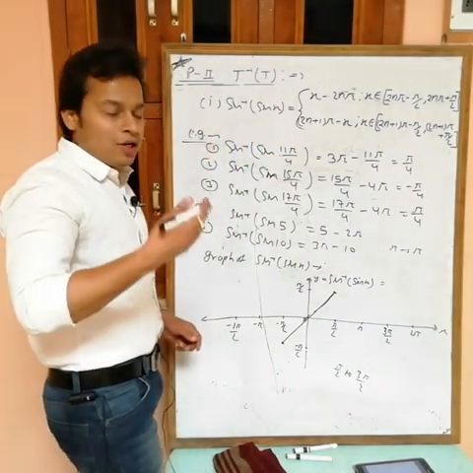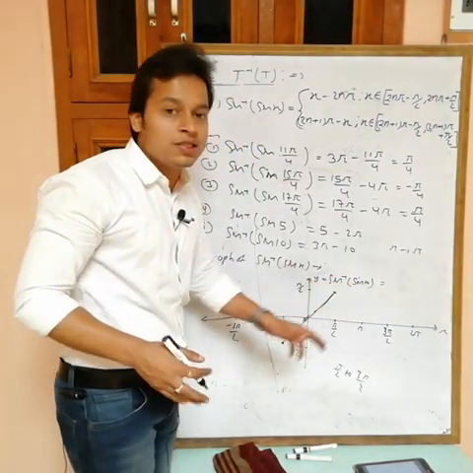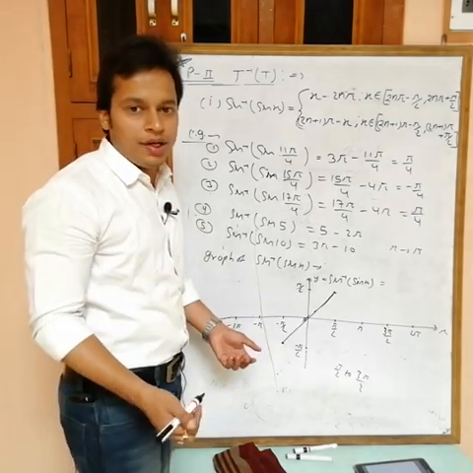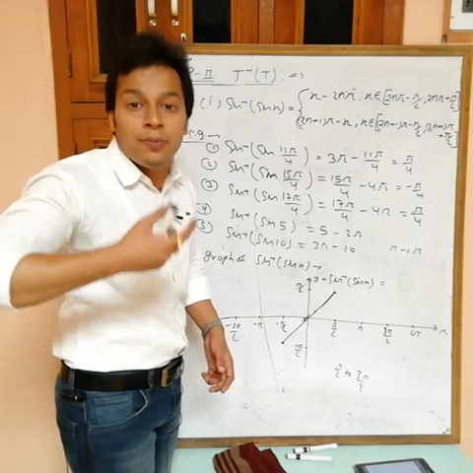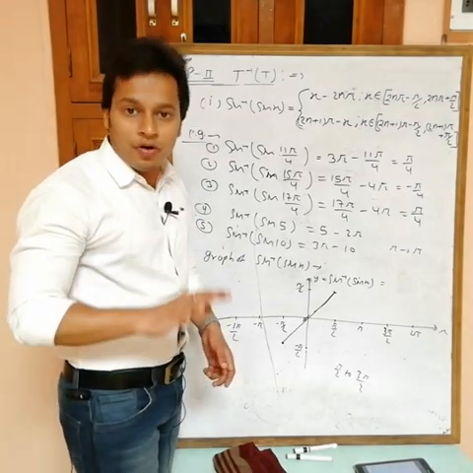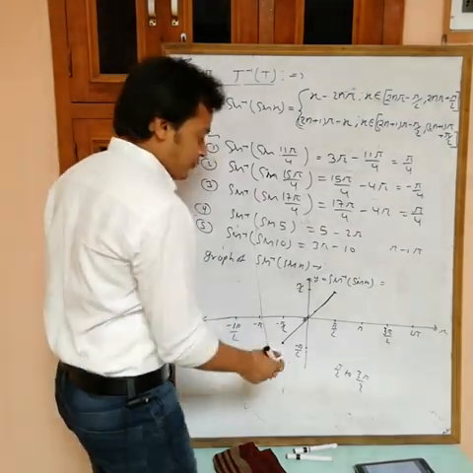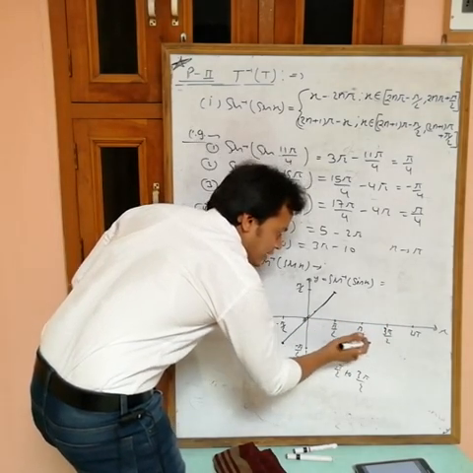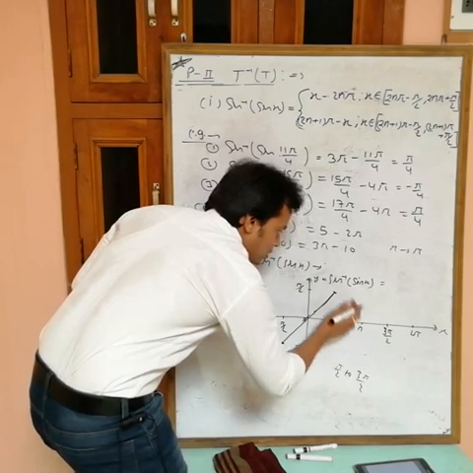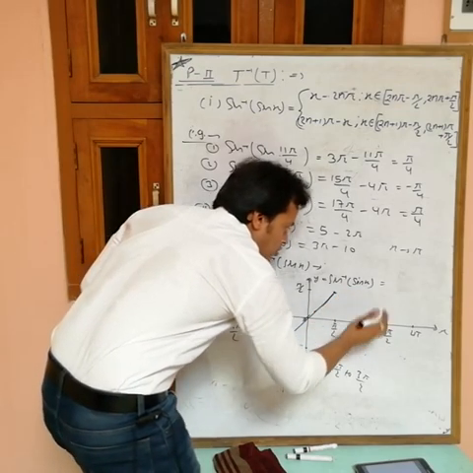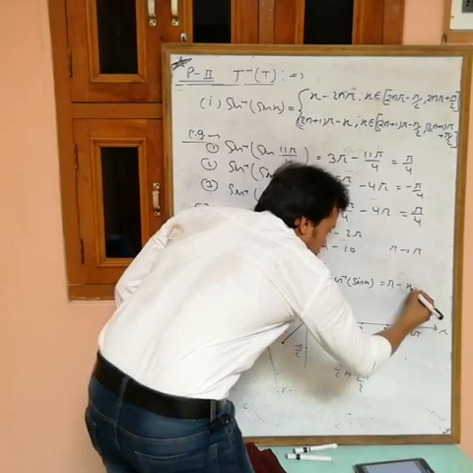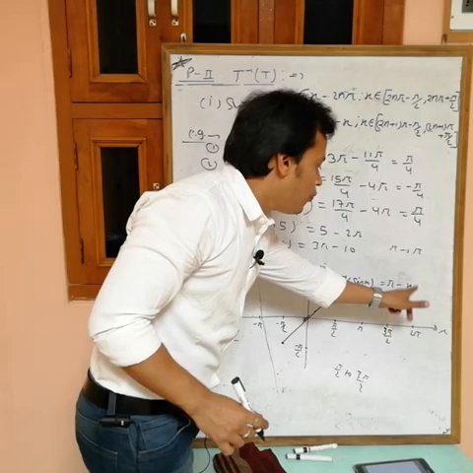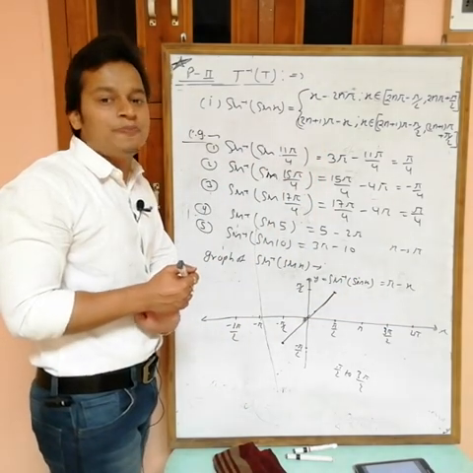If x is near to pi, then the value of sine inverse sine x is that odd multiple of pi minus x. Obviously, if x is near to an odd multiple of pi, then the answer is that odd multiple of pi minus x. So for this interval x is near to pi, then for sine inverse sine x, x is odd, so the answer is that odd multiple of pi minus x. So for this interval the graph is pi minus x, the value of y is pi minus x.